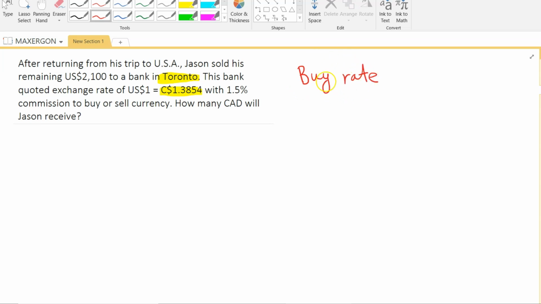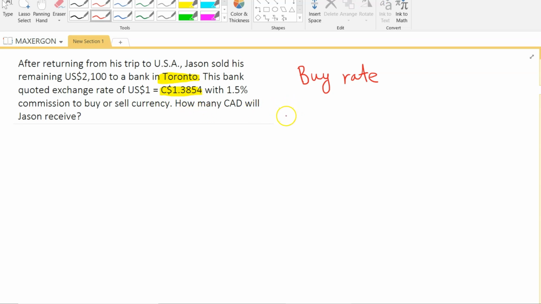Once again, buy rate is because the bank is in Toronto and that bank buys foreign currency. We always define buy or sell rate from the position of the bank in terms of the foreign currency. So this is the buy rate. How do we find the buy rate? Buy rate is based on the exchange rate. We have to subtract commission from the domestic side of the exchange rate. The domestic side is this one here, Canadian dollars